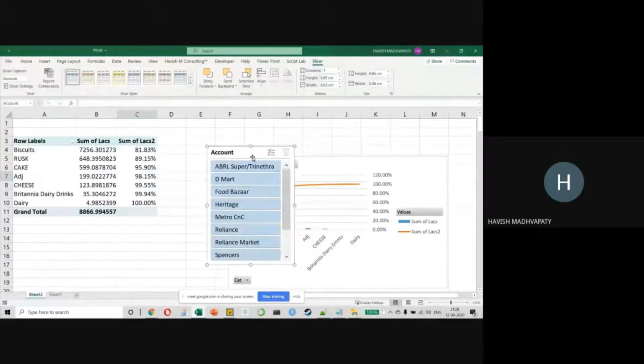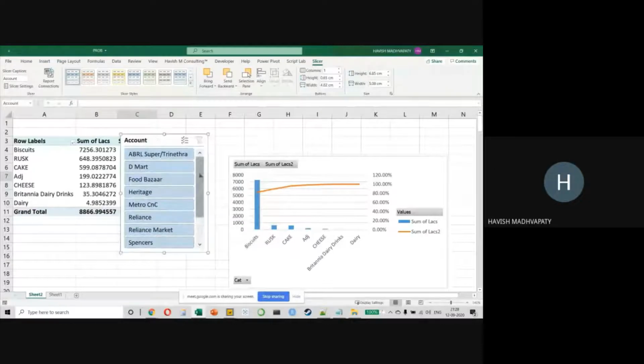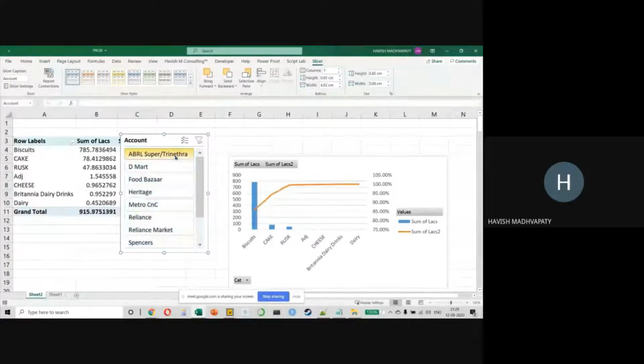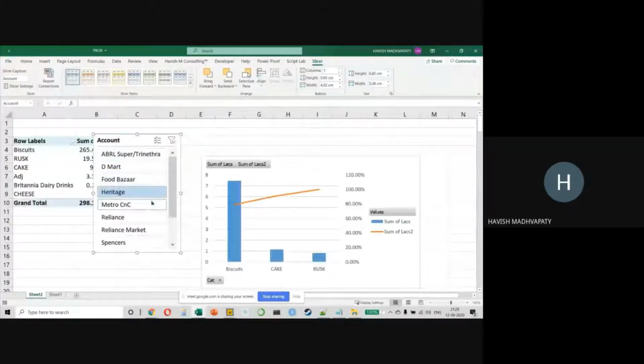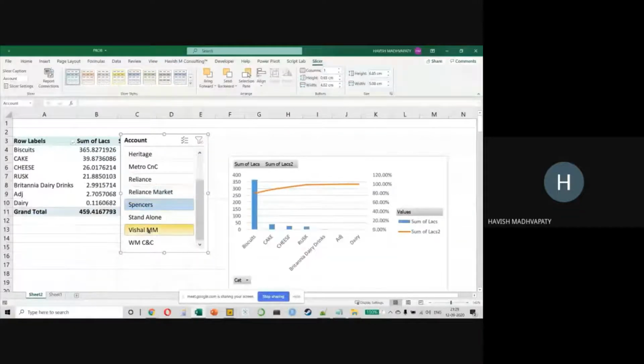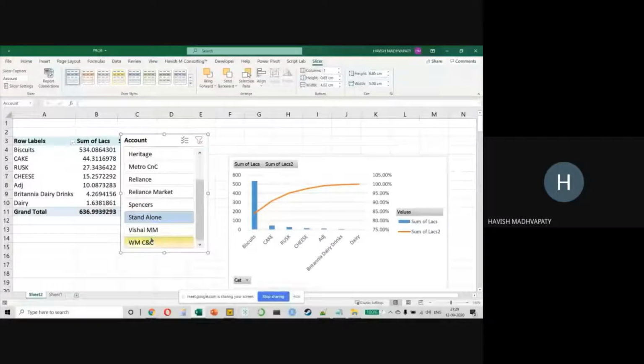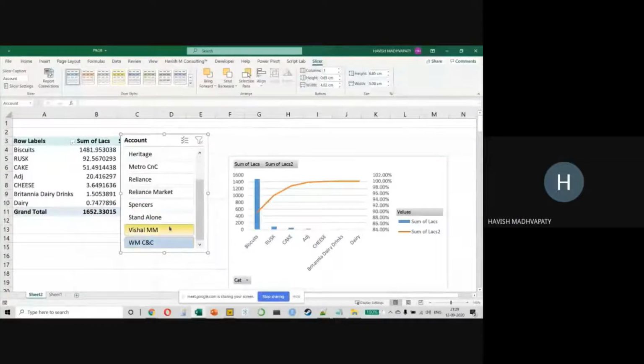And now you will get a very different perspective, because if you look at, let's say, so by the way, Trinetra was a chain in South, which was purchased by the Aditya Birla Group. So it's a part of More now. So do you see how it shifts from account to account? And that is exactly what businesses are interested in finding out. For example, I mean, again, I'm not getting too much into the details here, but you will get a perspective of how different chains are, right?